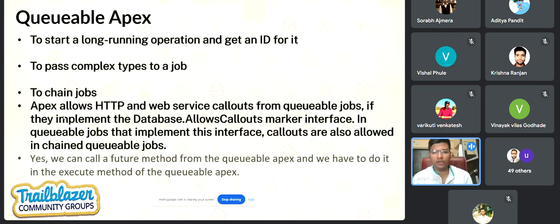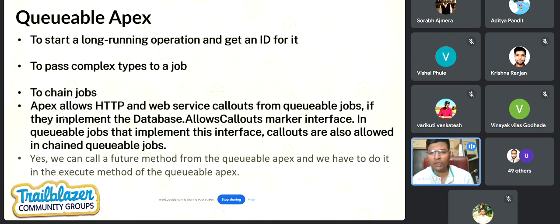So Salesforce did the same thing. They fixed that problem of passing the record as a parameter in the queueable method. Then they thought, shall we allow this ability in the future method too? Obviously that would take them time. So they thought, let's tell the developers to use queueable instead of fixing the future method again. You can consider the future method as the primitive, and queueable is an enhancement over it. There's not a single thing you can do in a future method that you cannot do in Queueable Apex.